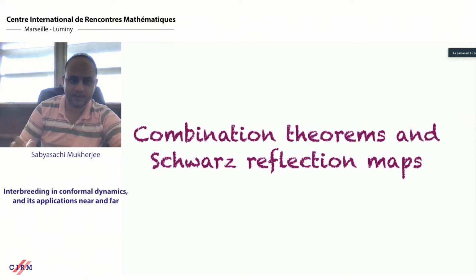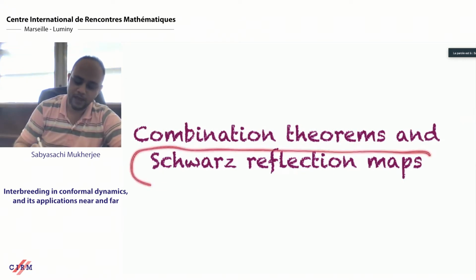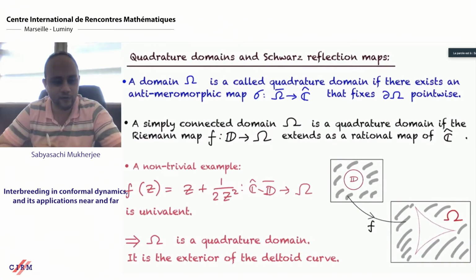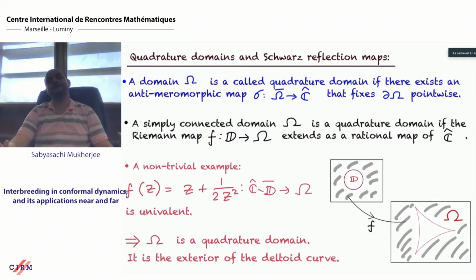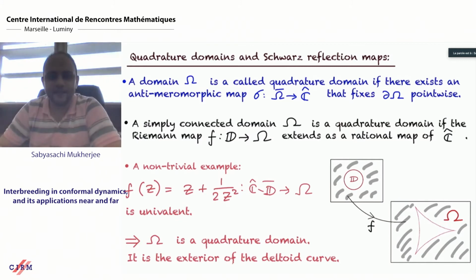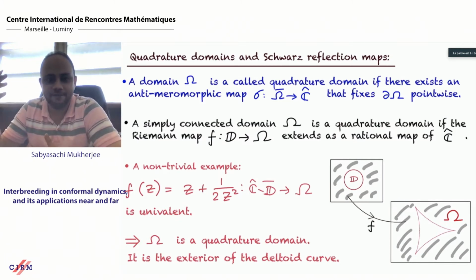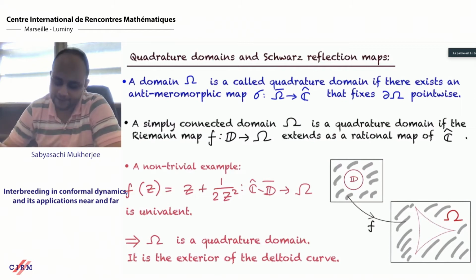The story basically involves this class of maps called Schwarz reflection maps. So what are Schwarz reflection maps? Let me start with examples, because essentially the way the theory started, it was Nick Makarov and Sin-Yop Lee who were playing with these Schwarz reflection maps because of their connections with complex analysis and statistical physics. And in the process of their experimentation, they saw some very interesting pictures which suggested that there's some kind of combination theorem going on in the background. So I'll come to that in the next slide.